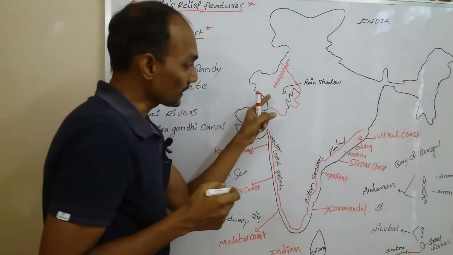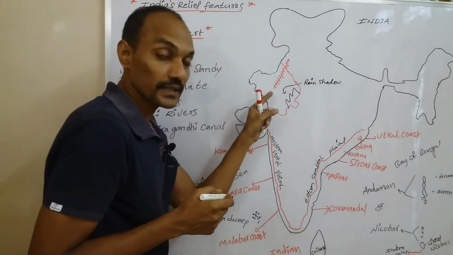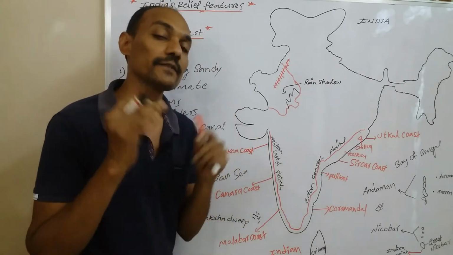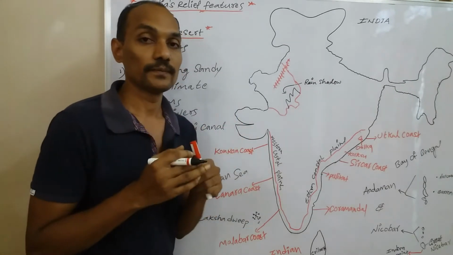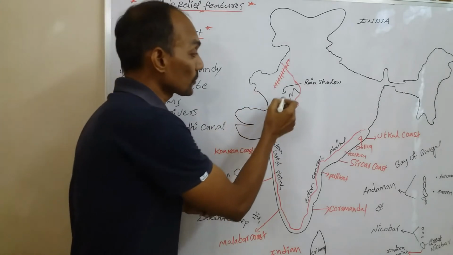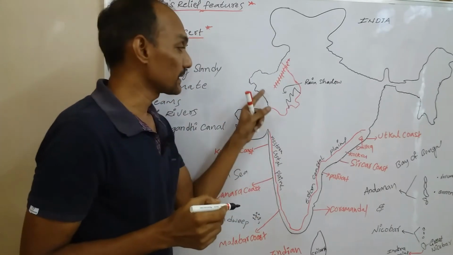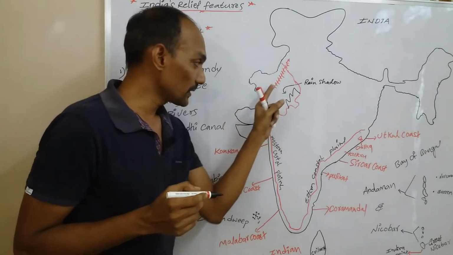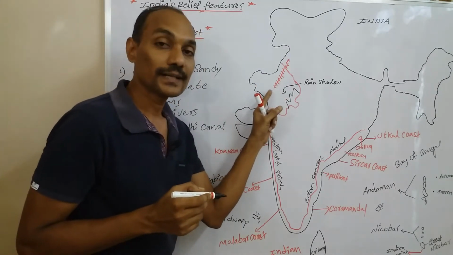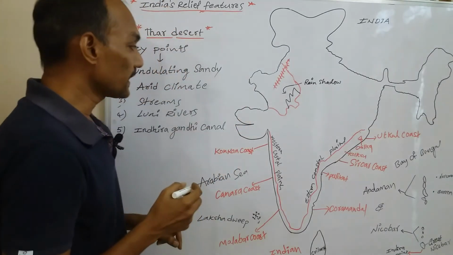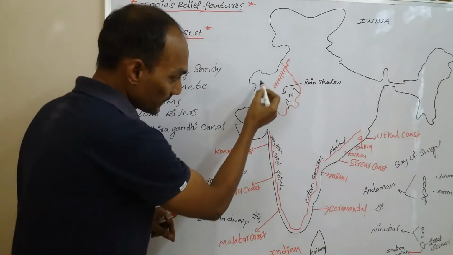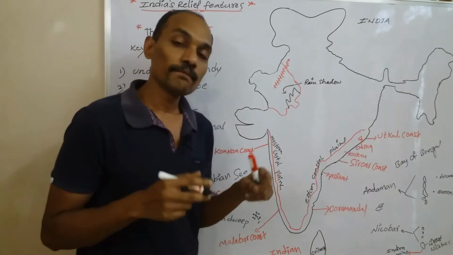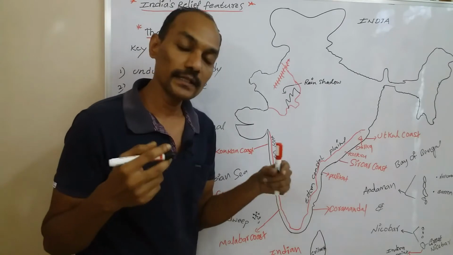In this region, the climate is an arid climate. Arid climate means having very little rainfall and also low vegetation. And this region is not suitable for agriculture because it is completely sandy. We can see some streams in the desert area only in the rainy season. After the rains, they disappear.